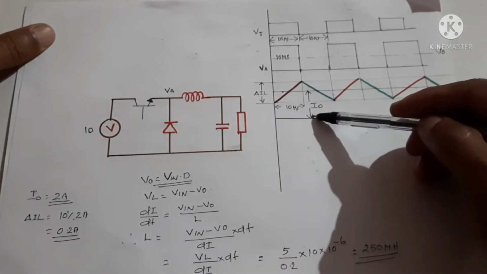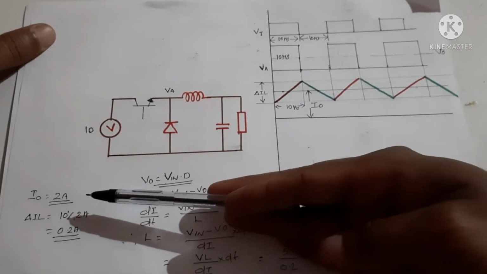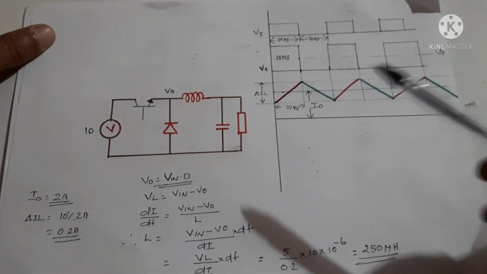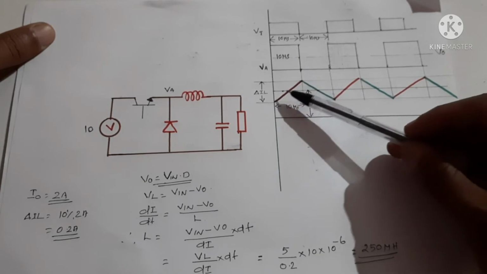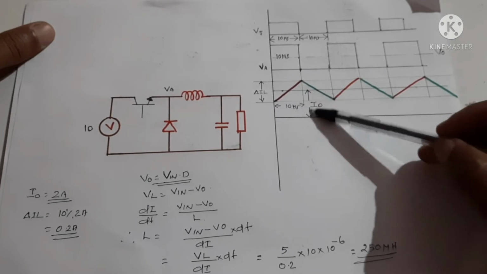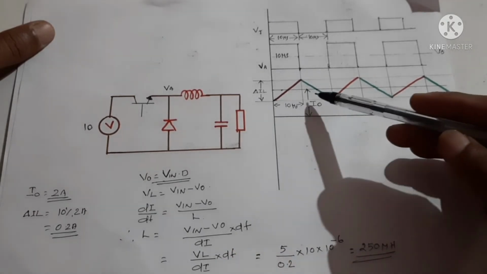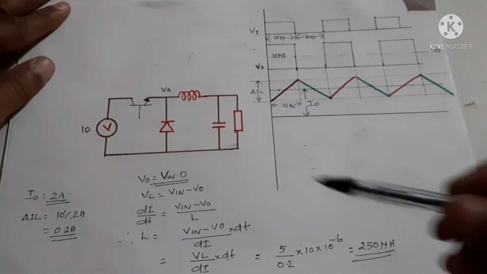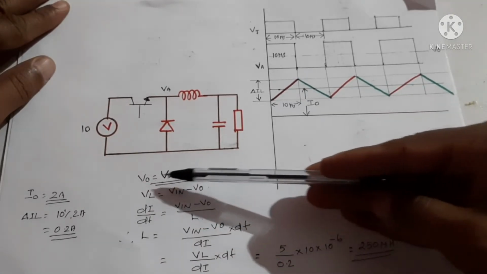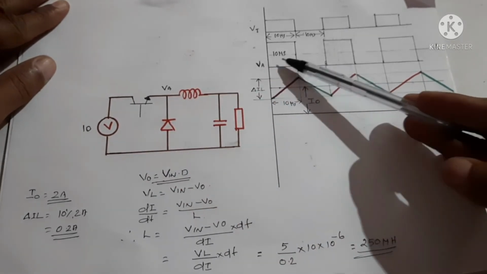If we assume the output current I0 as 2 ampere, the current flowing through this is 2 ampere. We are just taking a value of 2 ampere. Usually in the calculation of inductor current, the ripple is considered to be around 10% of the load current. Here the load current is 2 ampere and 10% of 2 ampere means 0.2 ampere or 200 milliampere. Using that, how can we calculate the value of the inductance? Before that, we will look at V0, which is Vin into D. That means Vin is 10 volt, into D, the duty cycle. The duty cycle is half.